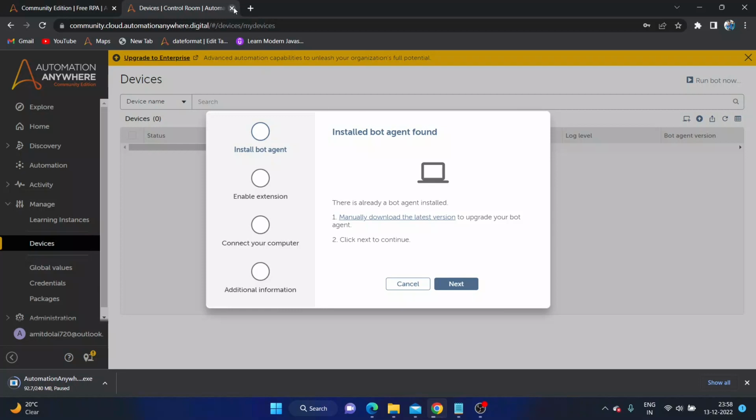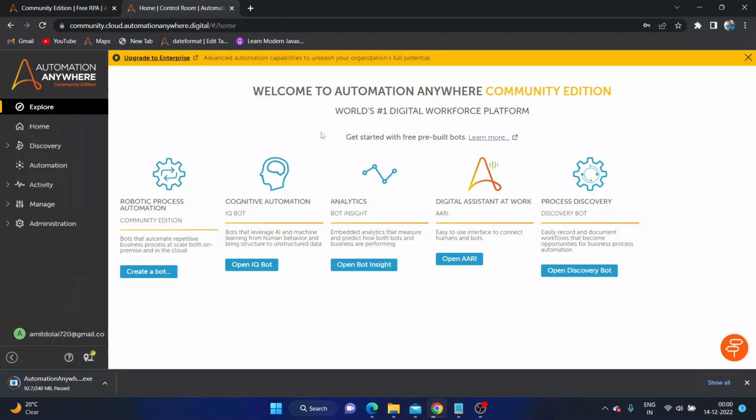So as I have already installed it, let me show you. After installing the bot agent, it will be automatically connected with your control room. So as you can see on the left hand side, there is one green tick, so that means my bot agent is connected with my control room. So now